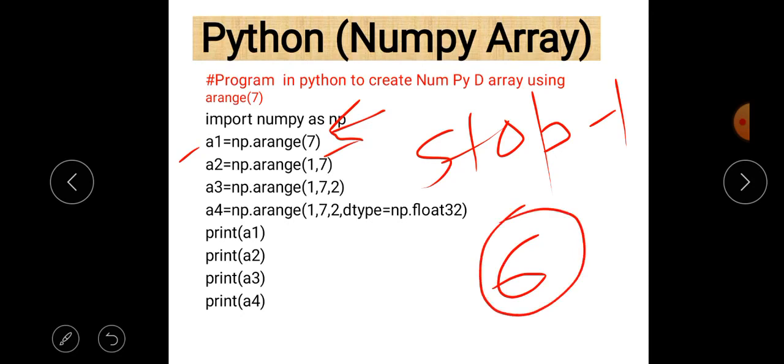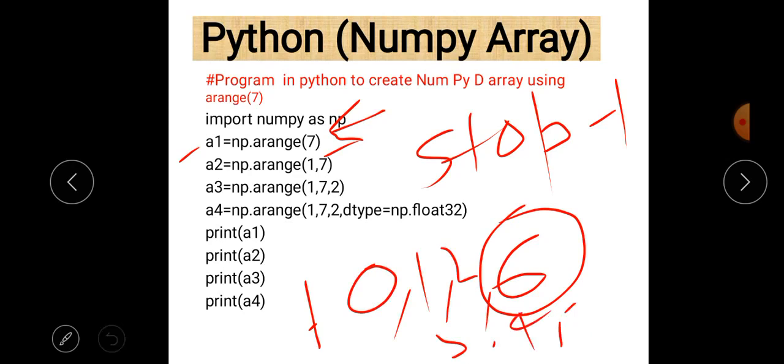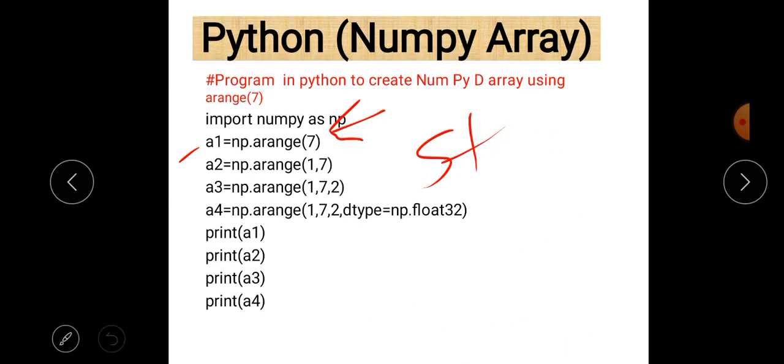In the case of default increment 1, counting always starts from 0, so 0 to 6, all values are printed here: 0, 1, 2, 3, 4, 5. In the second case counting starts from 1 and the last value is 6, of course, so the values are 1, 2, 3, 4, 5, 6.